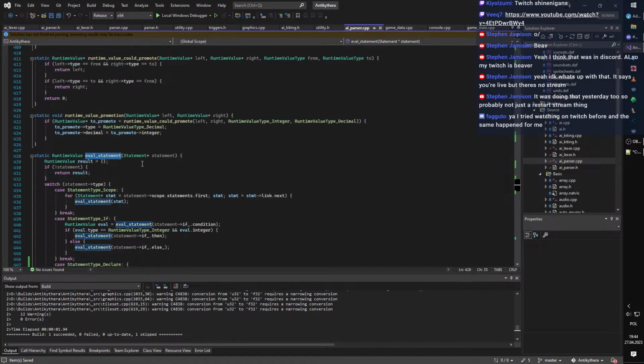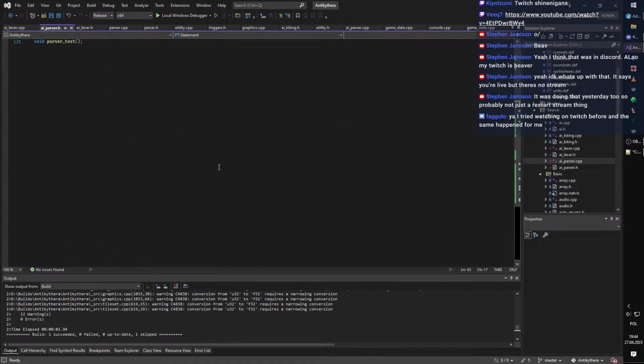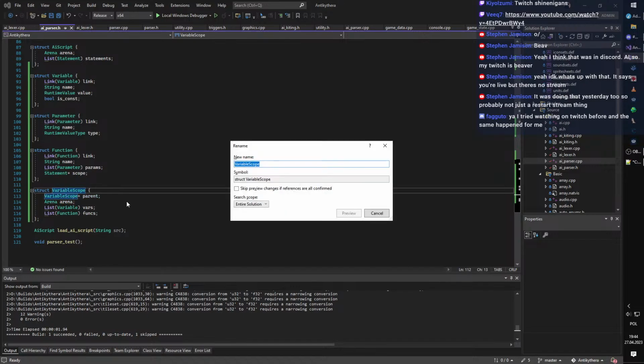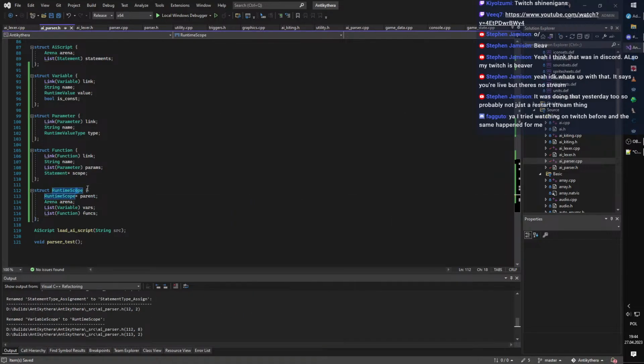And now eval statement will need to take a runtime. Maybe, oh yeah, that's way better. It should be called runtime scope. And I don't know how I feel about the fact that each scope would have its own arena, but that is literally the lifetime. It's just, oh man, commenting memory, unless maybe